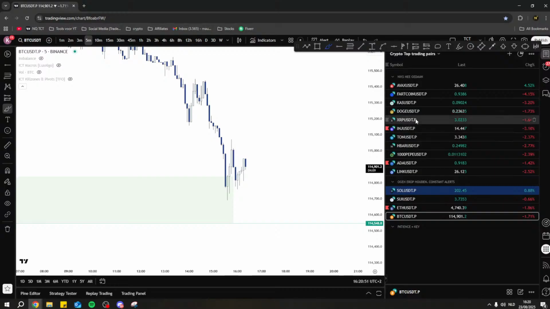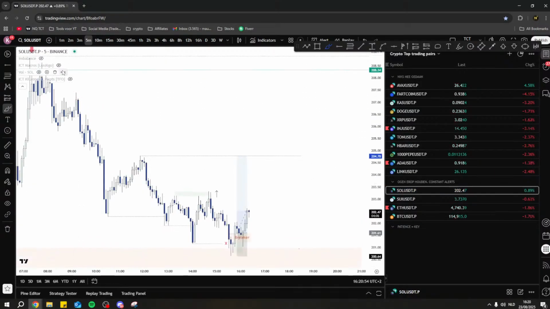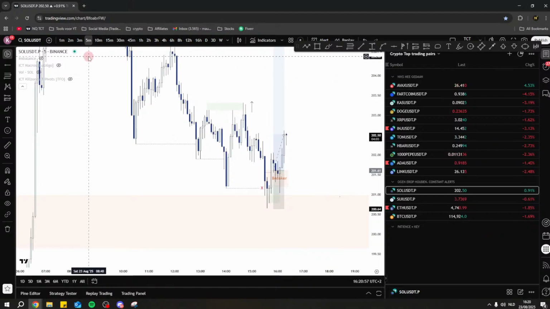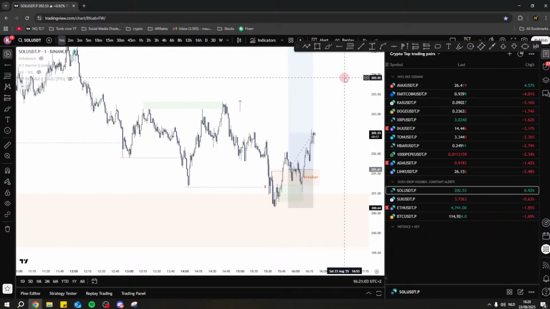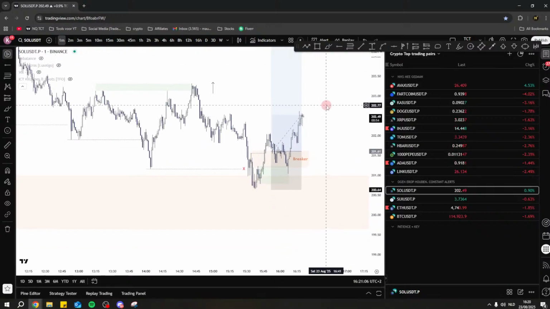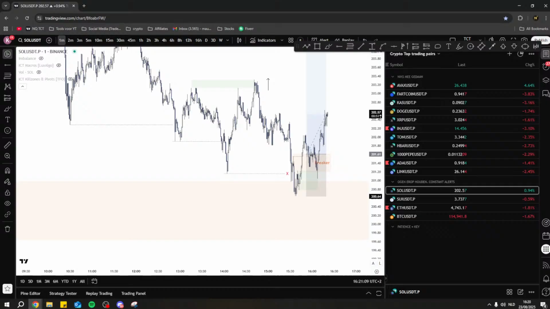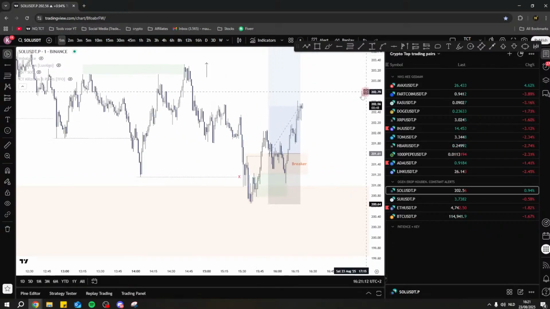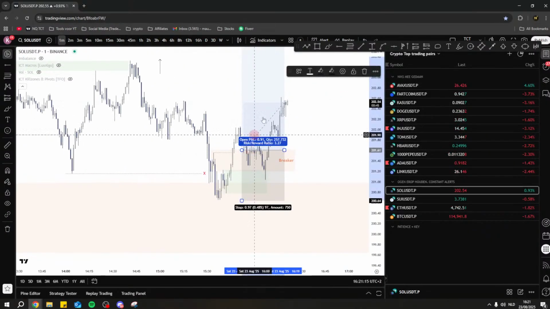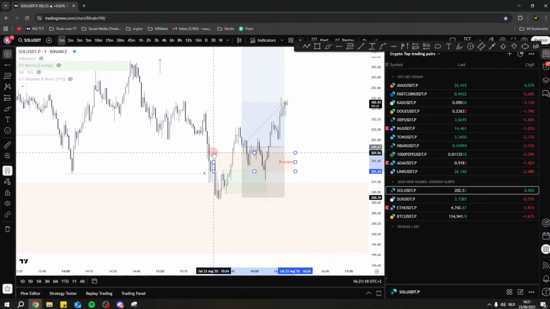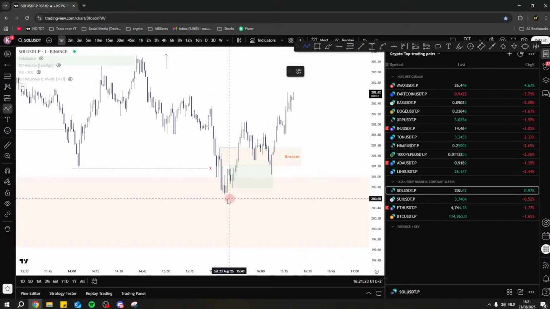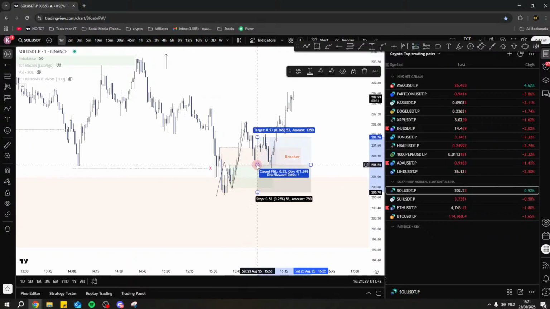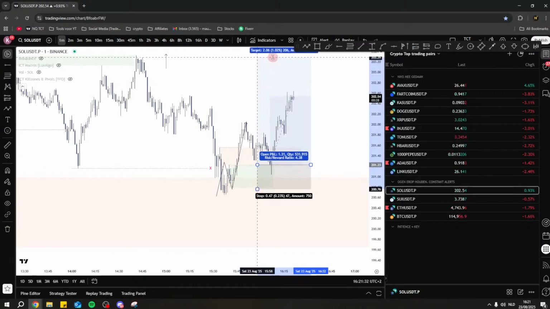So knowing that, let's go back to Solana. Here. Okay, Solana is really outperforming Bitcoin though. I wouldn't really mind then. We'll have to check out Solana Bitcoin in a second, how that's looking. But this was one of your plays on the breaker. The breaker was right there. Or following this trend, where you gained the breaker but put your order on your previous market structure, and then target highs.